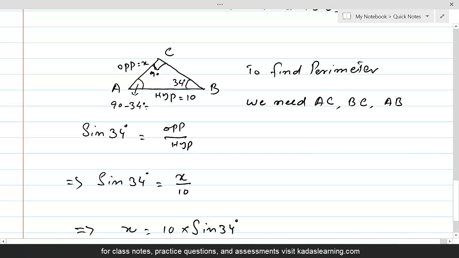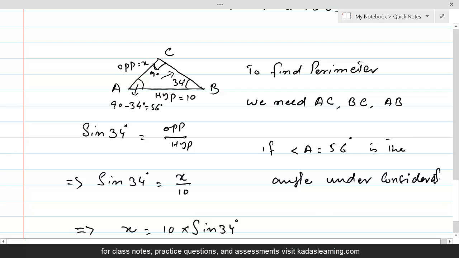So here the angle is 56 degrees at A. If angle A equal to 56 degrees is the angle under consideration, then